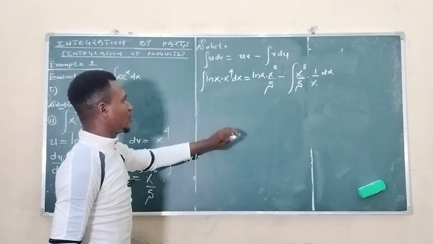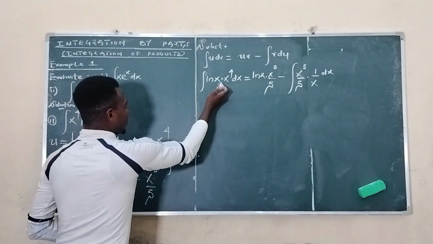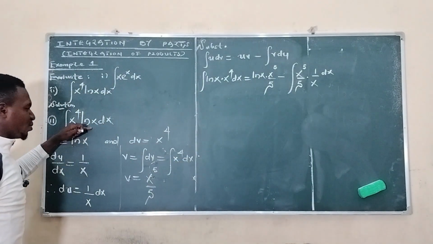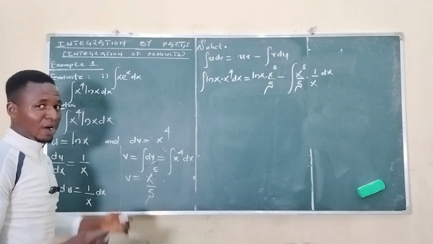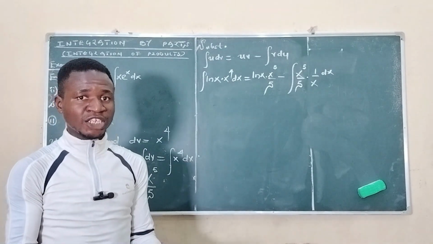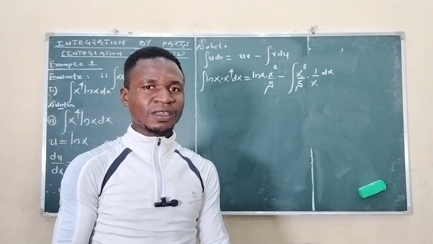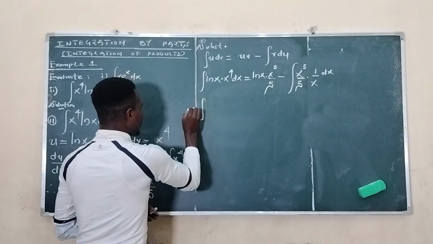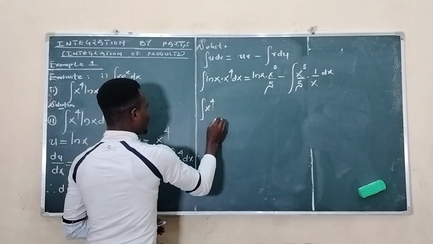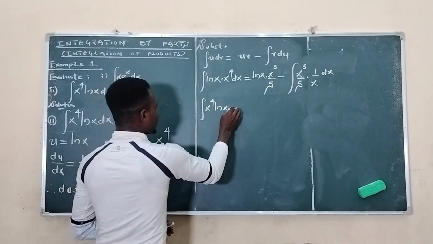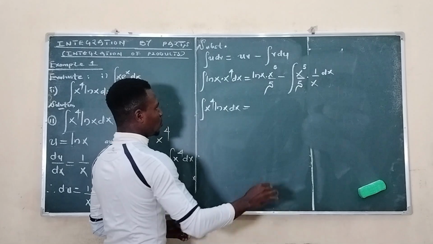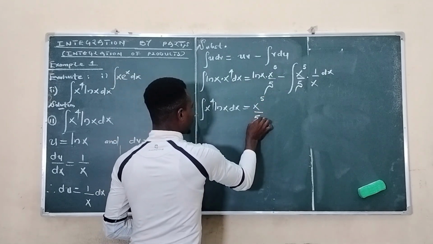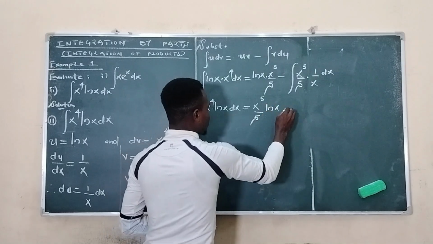From the left hand side, remember that we can also rearrange these given functions to suit the arrangement they initially were. Why? Because multiplication is commutative, in the sense that a times b is the same thing as b times a. So rearranging, the integral of x raised to the power of 4 times the natural logarithm of x with respect to x is equal to x raised to the power of 5 over 5 times the natural logarithm of x minus,